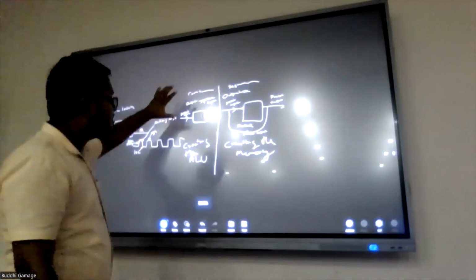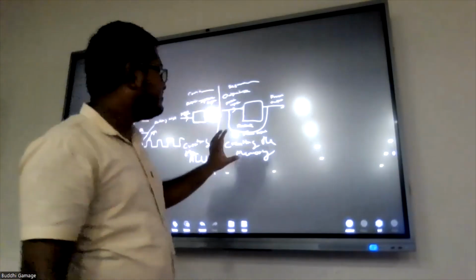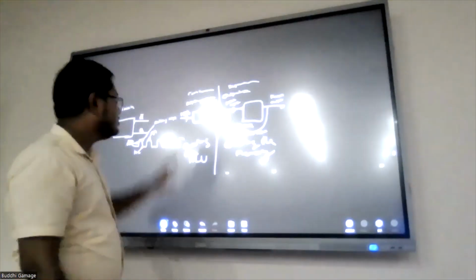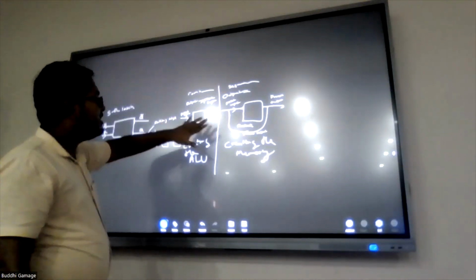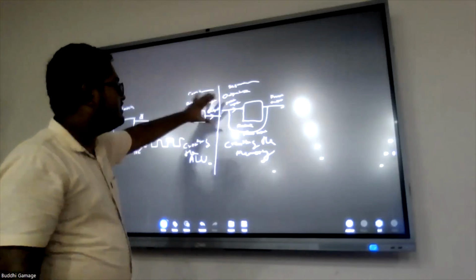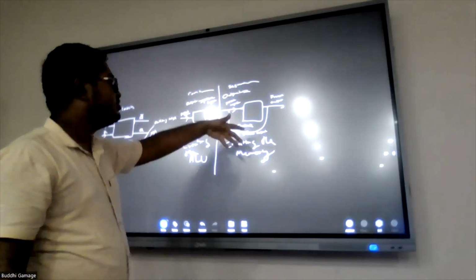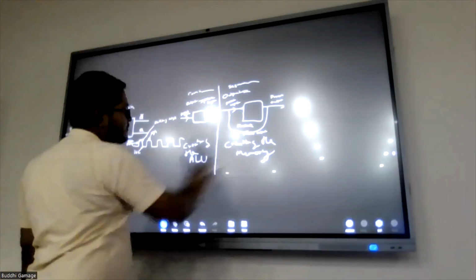in combinational circuits, we are creating the ALU. In sequential circuits, we are creating the memory. For a combinational circuit, the output only depends on the present input, and here the output will depend on the previous output and the present input. So by doing this feedback,